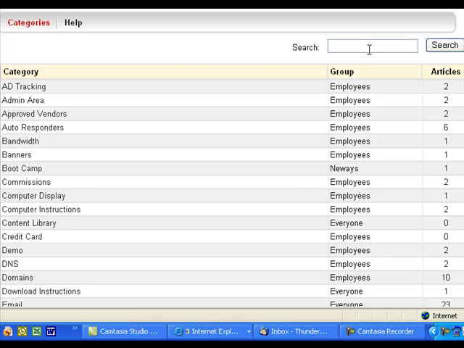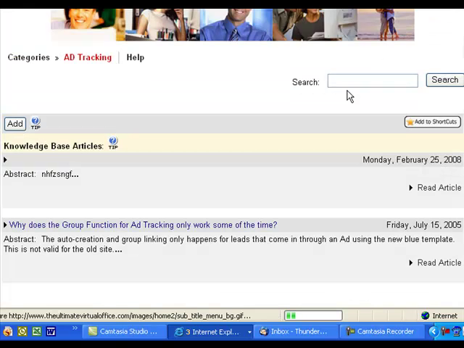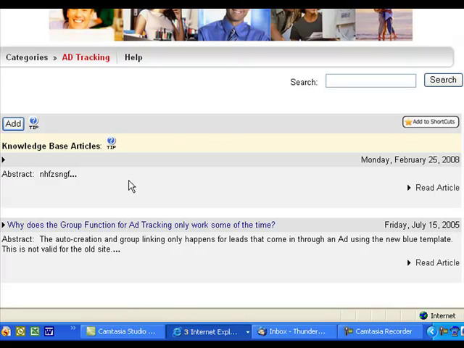Very, very powerful. So again, from the administrative area, you can point and click and create an unlimited number of categories by typing. It's very simple. And then once you have a category, let's say we have a category for ad tracking. And by the way, again, everything is available by group. So over here we can point and click and add a very unique piece of knowledge that will become searchable